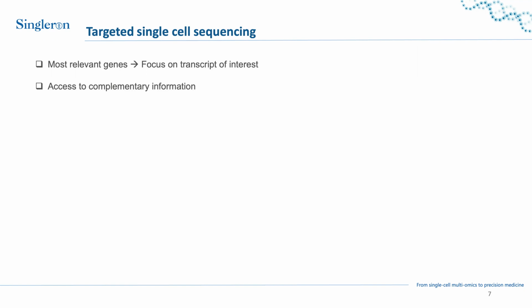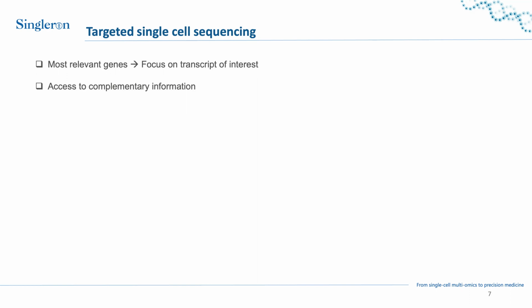Especially when the gene expression of this target gene is very low, it might make sense to go for targeted single cell sequencing. And in addition, targeted single cell sequencing can also give you an additional layer of